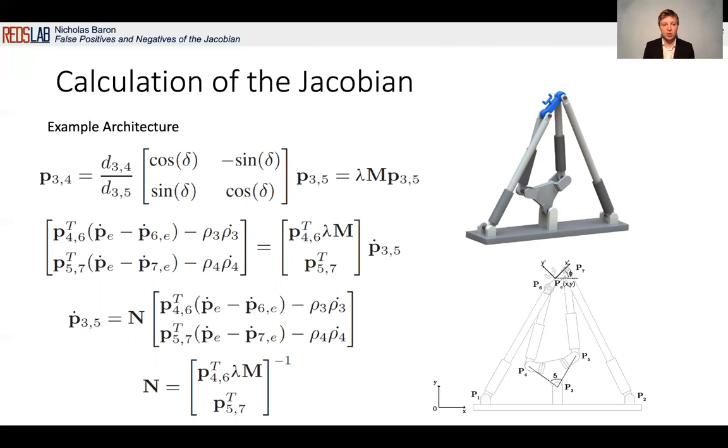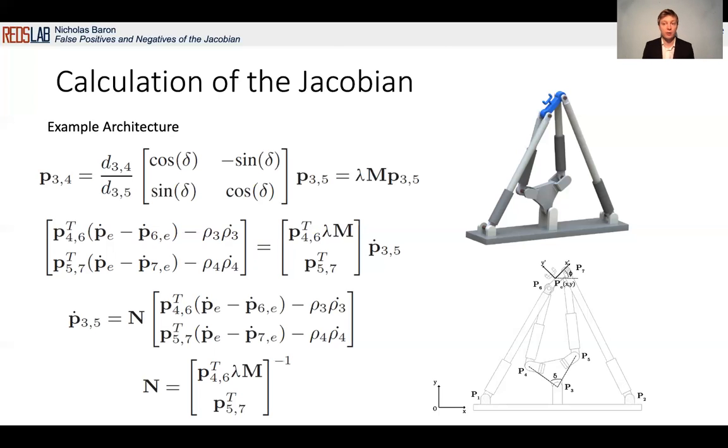This means the vector from P3 to P4, given here by P3,4, and P3,5 can be related with a constant relationship. And taking the derivative of this relationship, we can combine those two last equations on the previous slide into one expression, which is the second expression you see on the slide here. Once we do that, we can